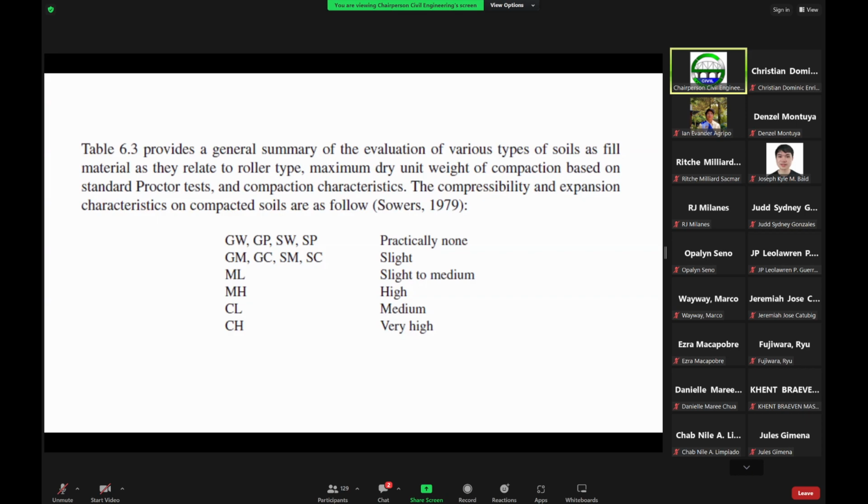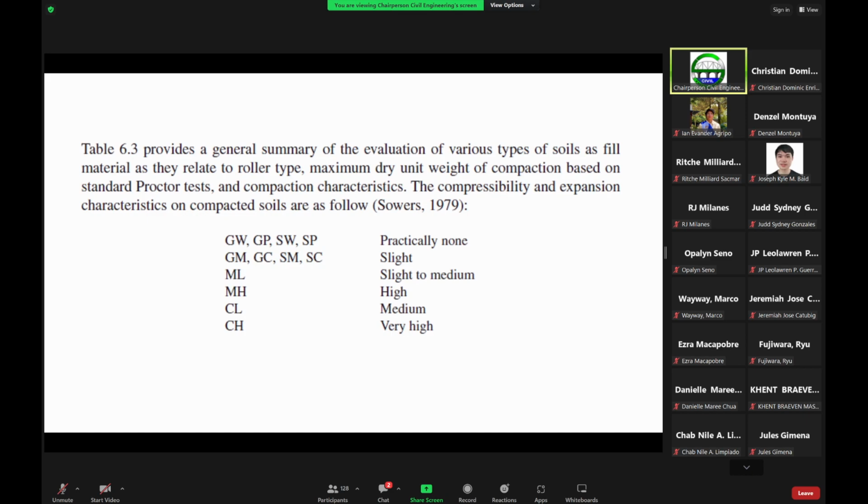Now, for example, in the case of a high plasticity silt, which we also call the elastic silt, as well as the high plasticity clay, which we also call the fat clay, normally the compressibility concern is when you have these materials found below the ground water level in the field, which we usually measure during the drilling operations.